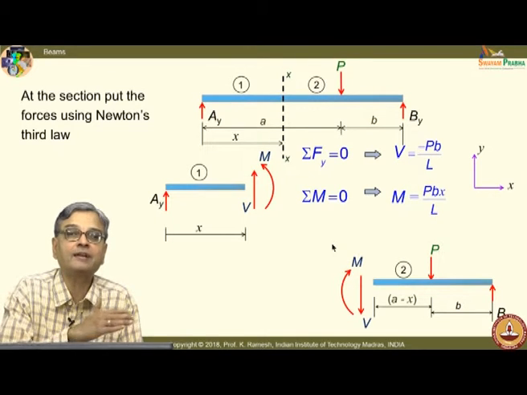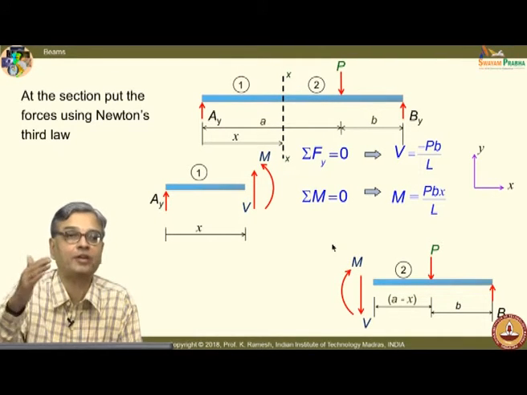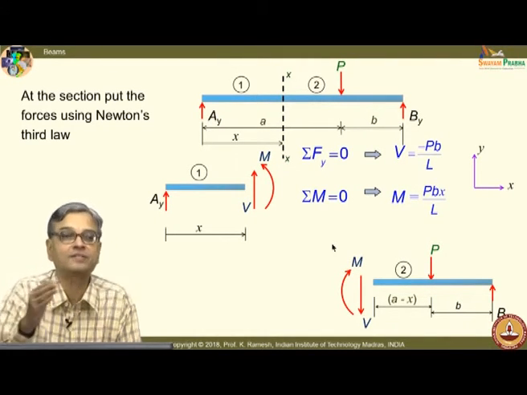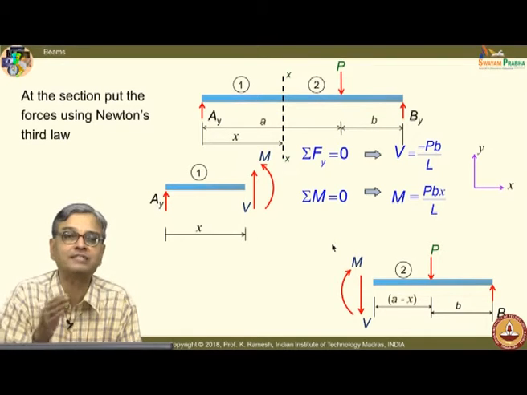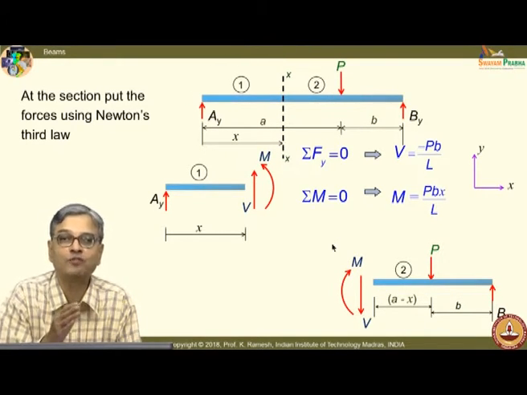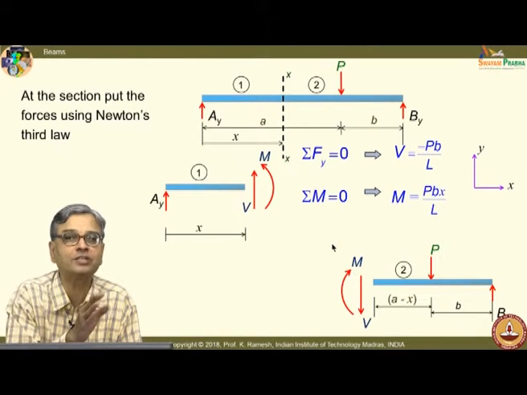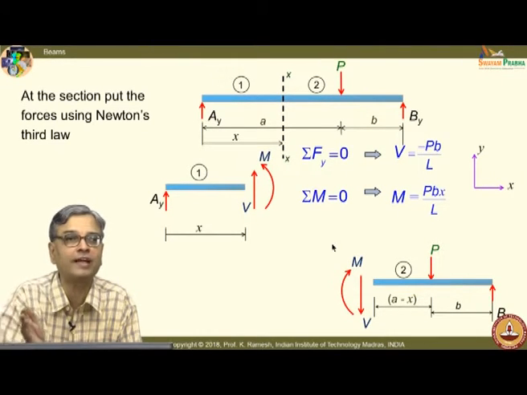See, in an interconnected body, you go from one body to another body. Here the body is continuous. In this example, because we have time, we analyze the left portion and right portion and see what kind of contradictions can come up. When you really solve a problem, you will do only the left portion or only the right portion and go ahead with solving the problem.